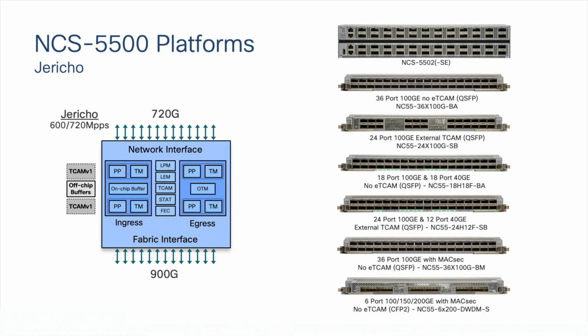The Jericho ASIC is more widely used on these routers. Each NPU can forward 720 gigabit per second at 600 or 720 million packets per second. We will need multiple Jericho ASICs in these systems and line cards. Most of the time they will be used at 600 gigabit per second. We have them in NCS 5502 SC and non-SC, but also 6 different line cards. The 36 port 100 gig non-SC with and without MACsec, the 24 ports 100 gig SC, the 2 combo cards